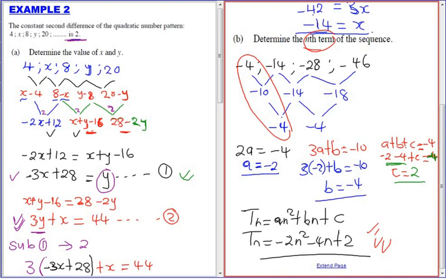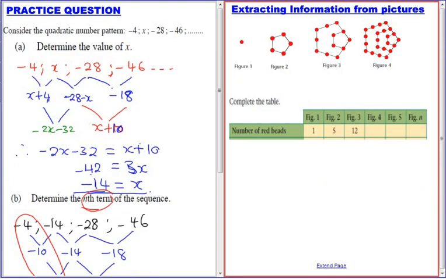I would like to just give you one more skill since we have a bit of time. I would like to show you that they may give you some patterns, okay? Some drawing that you have to figure out what type of pattern you've got, and then after that you may be asked a few more questions. So let's have just one like that, 1 or 2, and then we should end this lesson. Right, so we'll be extracting information from the pictures that are given to you. So for example, here